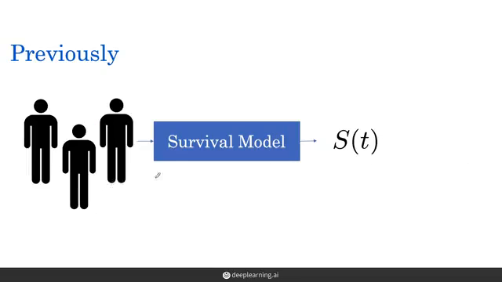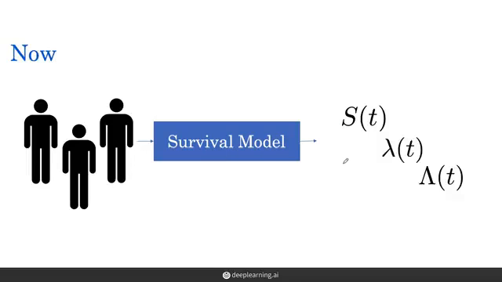And so previously we've seen that survival models can be used to output a survival function. But now we know that it can not only be used to output a survival function, but also a hazard function or cumulative hazard function. And we can use any one of these to derive the others by using some formulas that allow us to represent that function in whatever way is most appropriate for whatever question